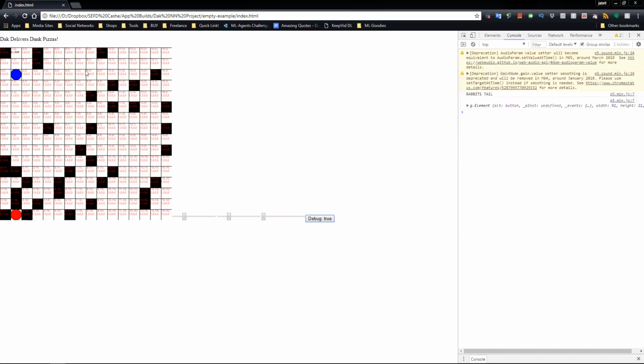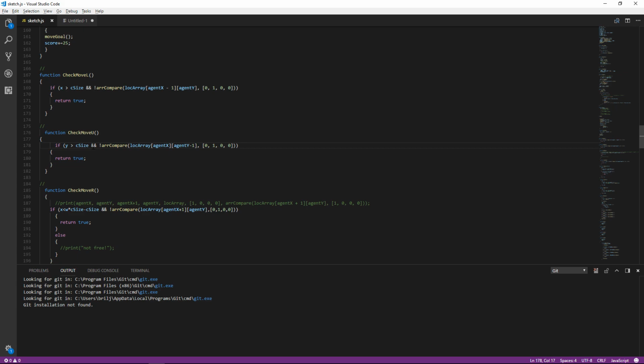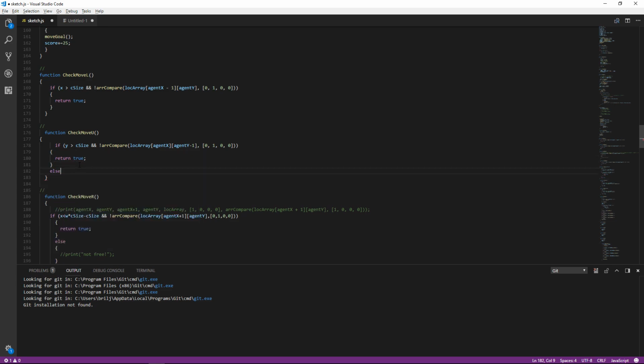Oh yeah, actually that does make sense. Y is greater than 32. So 32 is this line right here. If it's greater than this, then it can move up. If it's even 31, that means it's on this side of the line, and we don't want it to go over the map. We don't want it to overshoot. So if y is greater than 32, or whatever the C size is, and we compare to see if whatever is before is not an obstacle, then we return true and it can move. So we need to add another else if